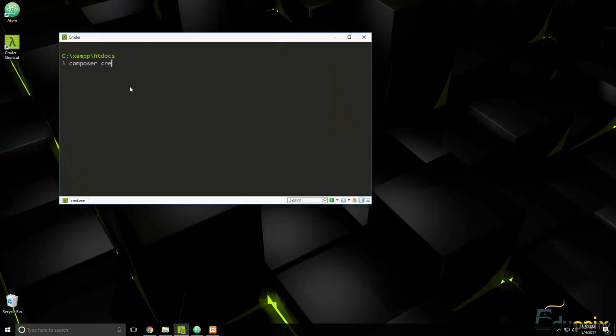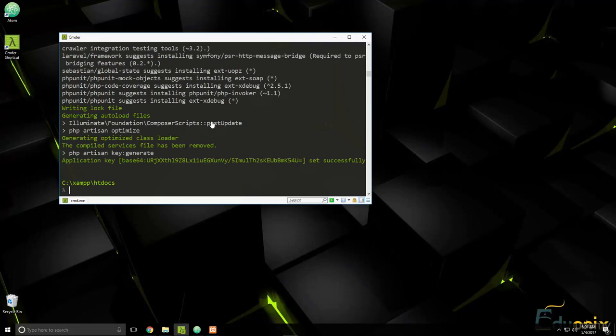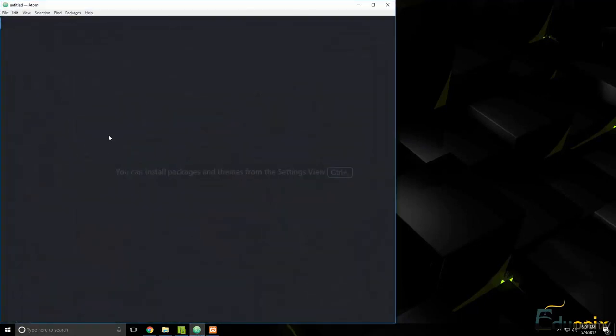composer create project, Laravel / Laravel, and then we'll call it basic website. Okay, and that's going to generate a Laravel project for us. Alright guys, so the application is now generated, so I'm going to open up my text editor, which is Atom,